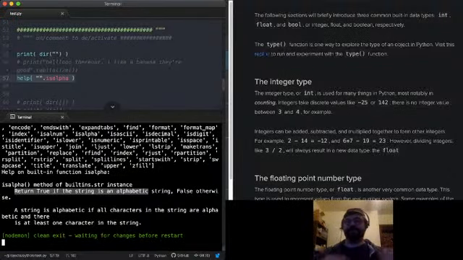Those are ASCII characters. They're valid Unicode characters for strings, but they're neither digits nor alphabet characters, right? So isAlpha will return true or false based on whether that string is an alpha character.